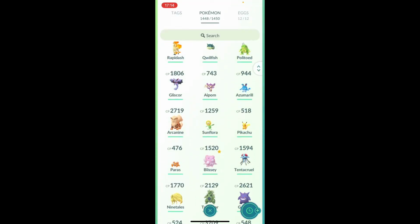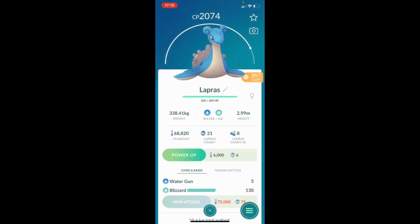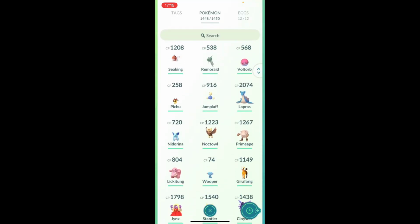And here's just some of my older Pokemon. You can see a lot of them are Gen 1 and Gen 2. This Lapras has a pretty cool memory attached to it, where one day when I was walking home from school, it spawned nearby at a library near my house, and I remember running and catching it. This was back when Lapras was kind of rare,